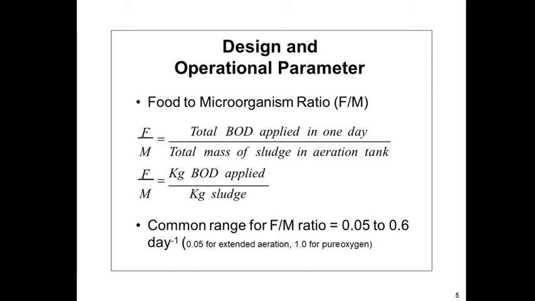Okay, and the F/M ratio can be varied by varying the MLSS concentration and aeration time, and the common F/M ratio varies from 0.05 to 0.6 per day. Okay, so for extended aeration it is less, and for pure oxygen it is more. Okay, so the next one,